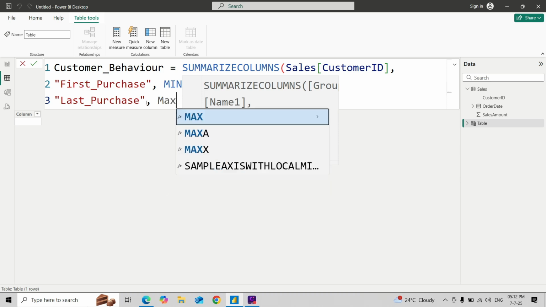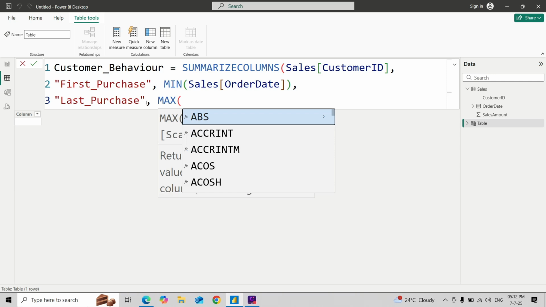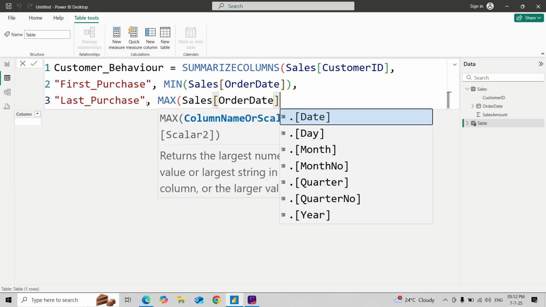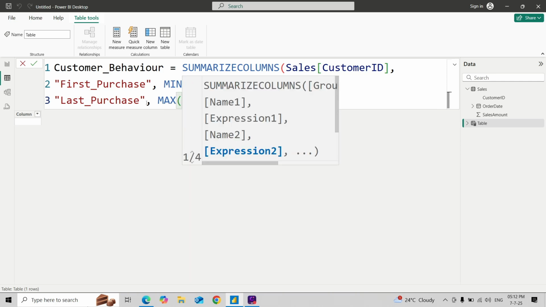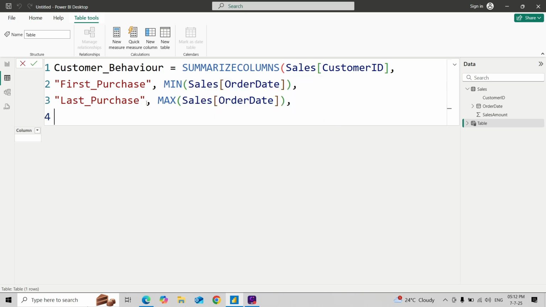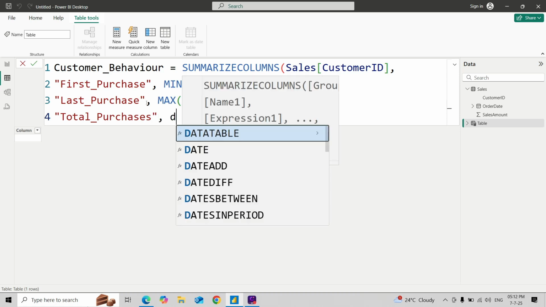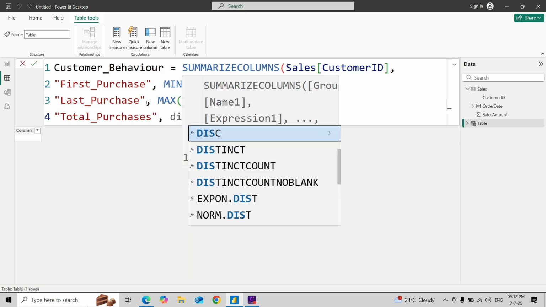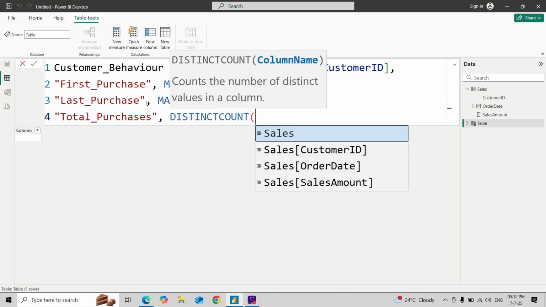Here I'll say MAX of Sales[Order Date], comma. One more column name I'll write as Total Purchases, comma. Here I'll say DISTINCTCOUNT of Sales[Order Date],